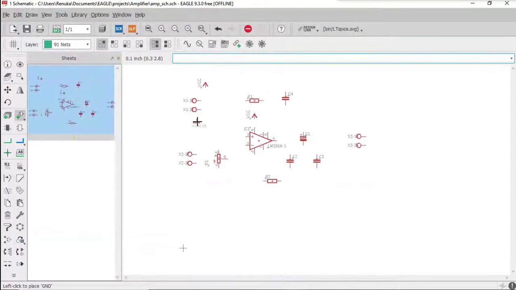You need one ground pin for your power supply, one to connect to your input terminal, that is pin 2, one for the bypass, one for the filter circuit, and one for the output. So total you need 5 ground pins.